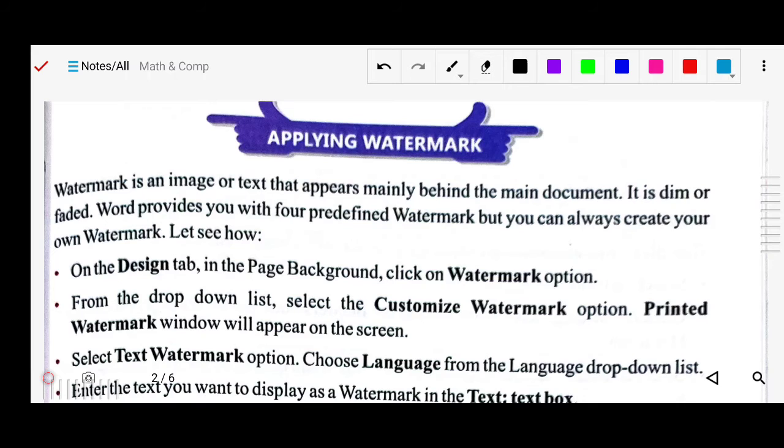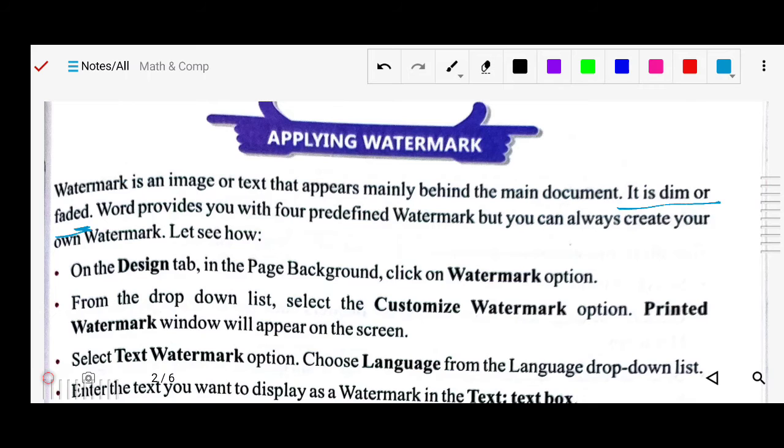Word provides you with 4 predefined watermarks, which come inbuilt with MS Word, but you are not limited to those 4 only, you can create your own also.